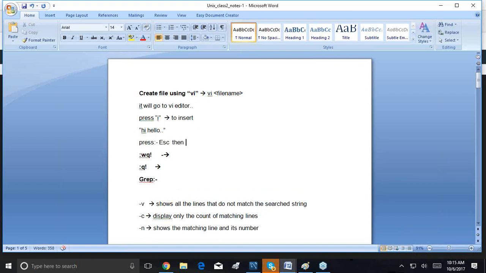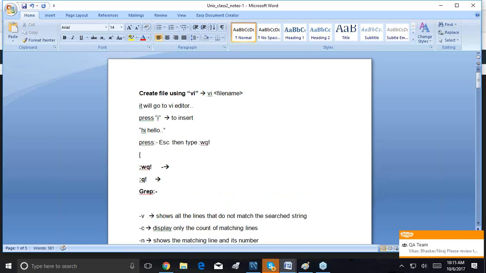Then type colon wq. You have to type like this. Press enter. This is the steps. Got it? First press I to insert, then type something, then press escape key, then type colon wq,